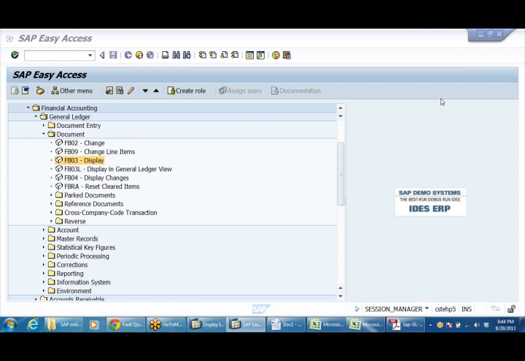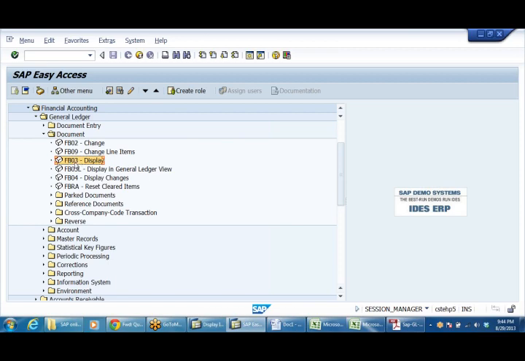Manoj? Actually, I didn't know that there is a place to see all the documents, I mean, all the line items at one place. So I was searching when I was posting the entries. Okay, right. Manoj, during the practice, you are able to post the accounting entries now? Yeah, I didn't try it exhaustively, but a few of them I have tried. Okay, good.